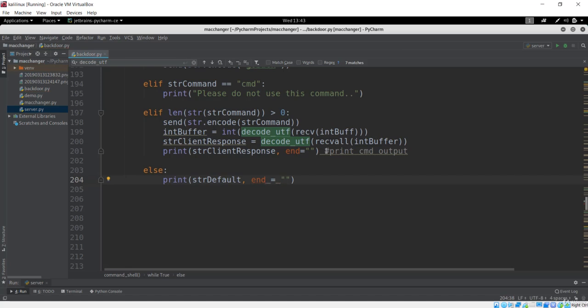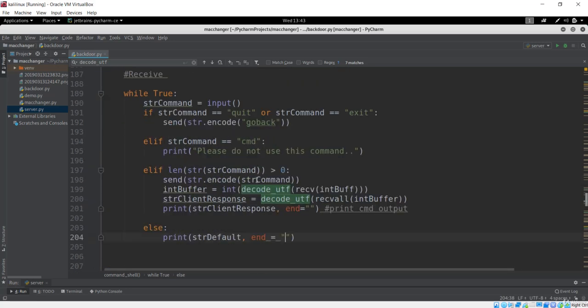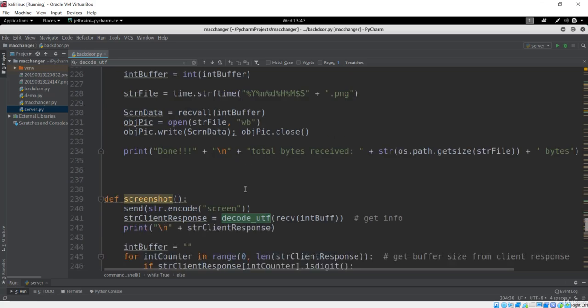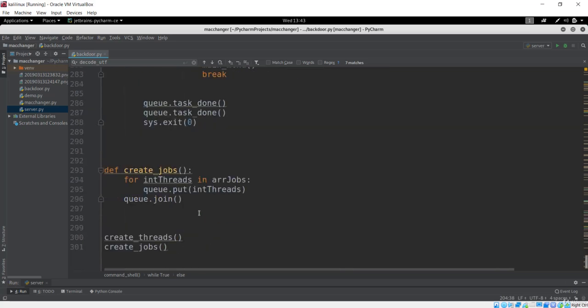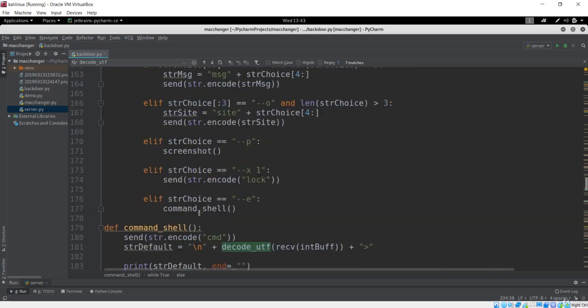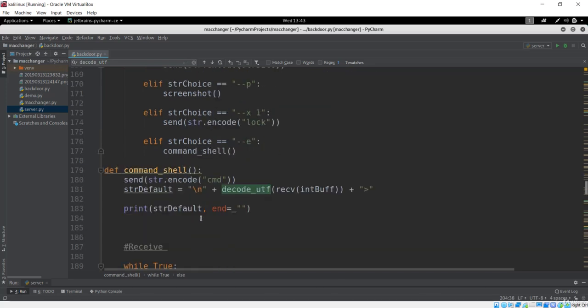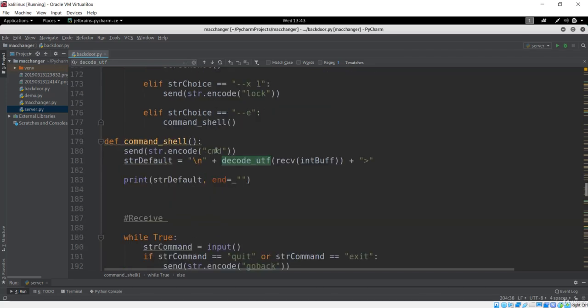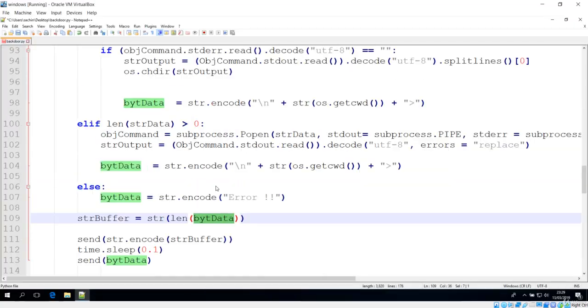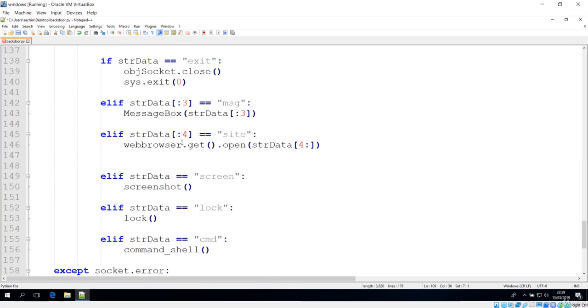So now we have completed this response. Now let's see if this works or not. Let's check one more time what we just did here. We get the command first from here. After we get that dash dash e command, it is going to execute this command shell. It is going to give this cmd information in encoded form to the client. Let's go to the client, and the client is going to get that over here, that is this cmd.